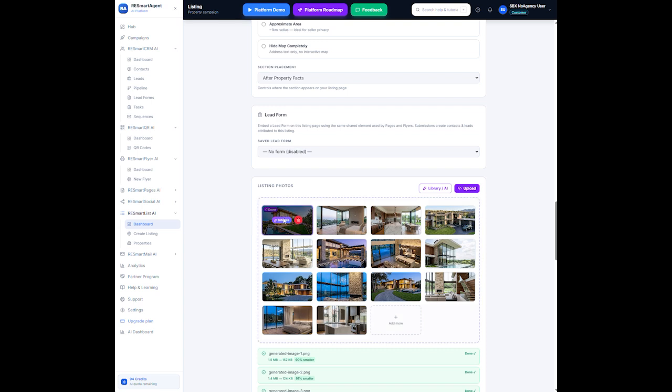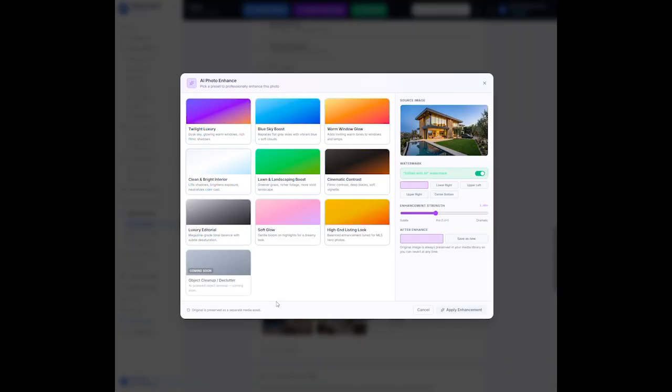Okay, now I can choose either of these as the cover, and let's go ahead and choose this one as the cover. Now I want you to notice something. When I hover over a photo, you see the thing that's enhanced. Very, very cool feature. So if I click on enhance, there are different things that I can do with that